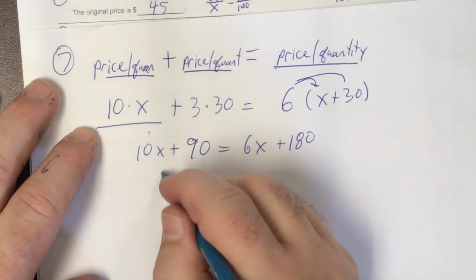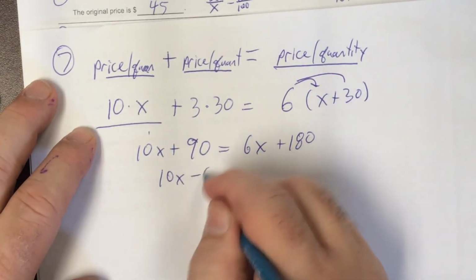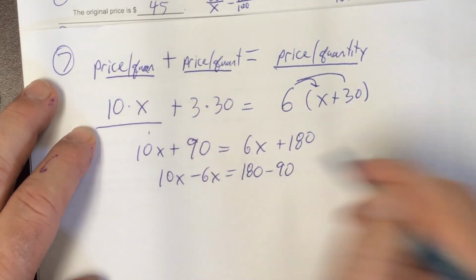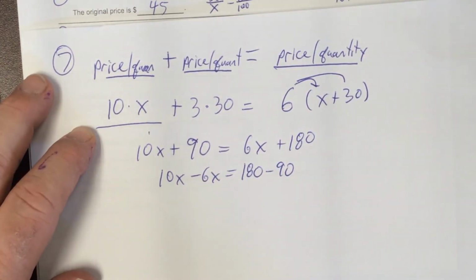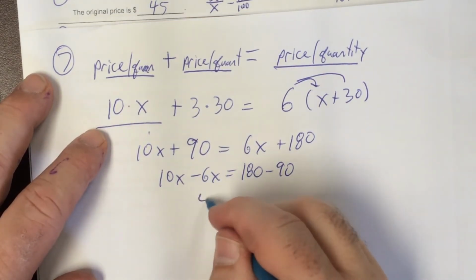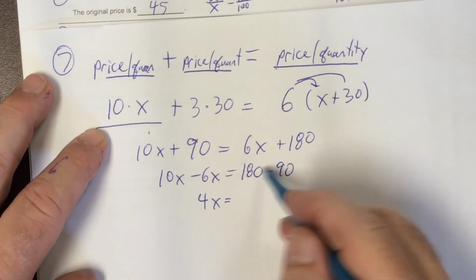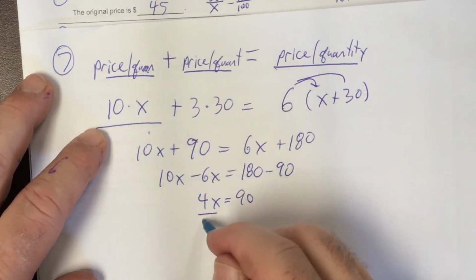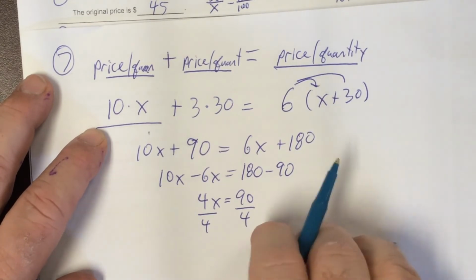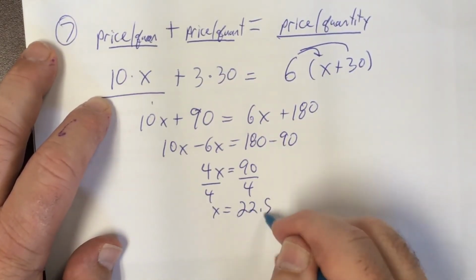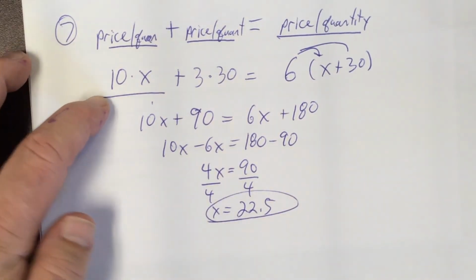So moving things around, we'll have 10x minus 6x equals 180 minus 90. Combining like terms, that gives me 4x equals 90. And if I divide by 4, you're going to find that x is going to equal 22.5,